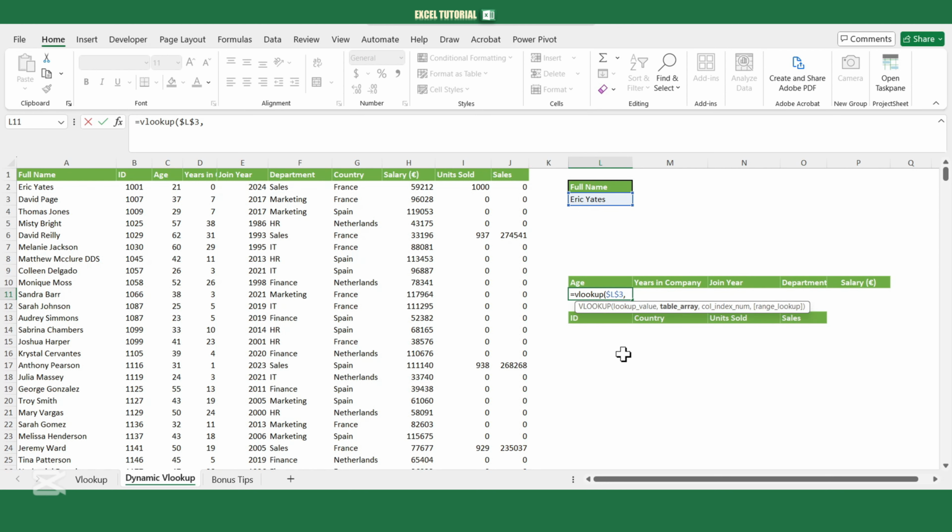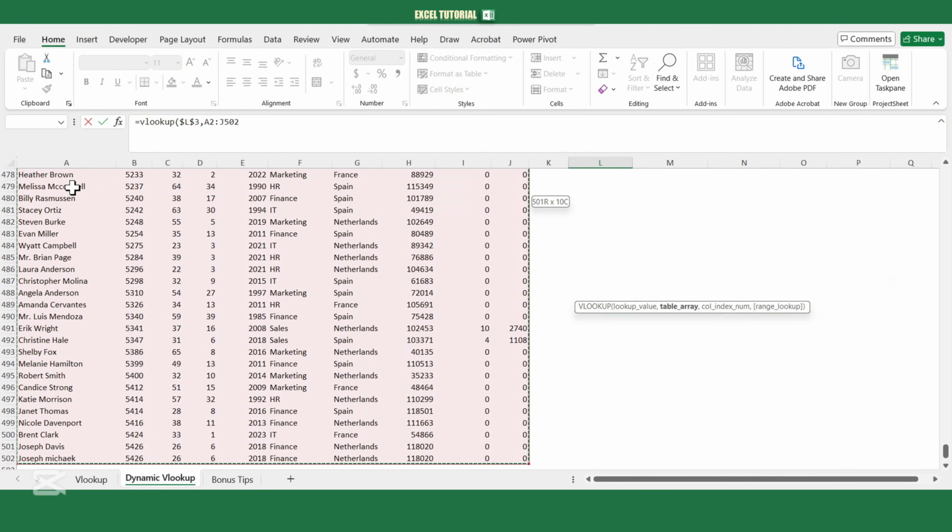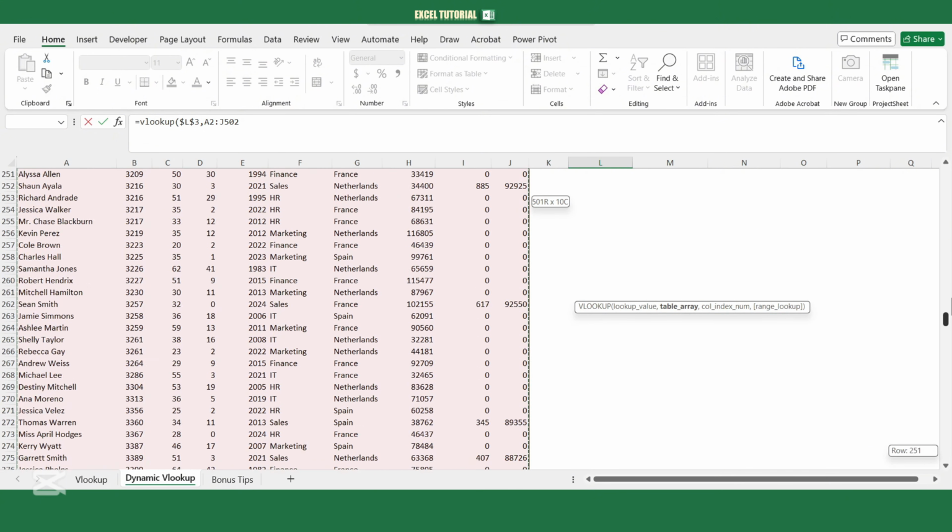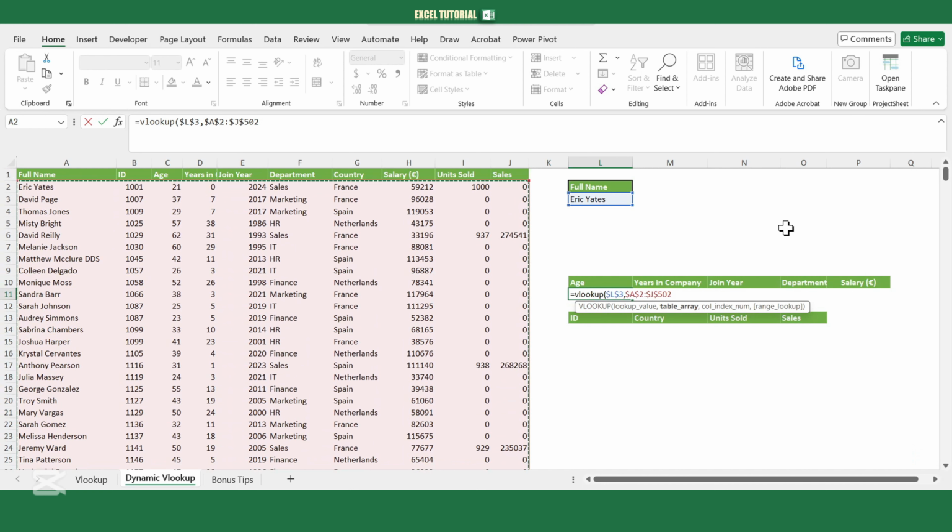The second parameter is the table array, which we'll select as the range of data excluding headers, and again we'll lock it with F4. You can use Ctrl+Shift+Right and Ctrl+Shift+Down to quickly select the entire table. The third parameter is the column number we want to retrieve, but this time we'll use MATCH to make the column dynamic. To do this,